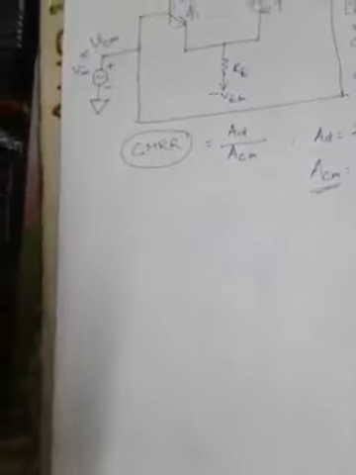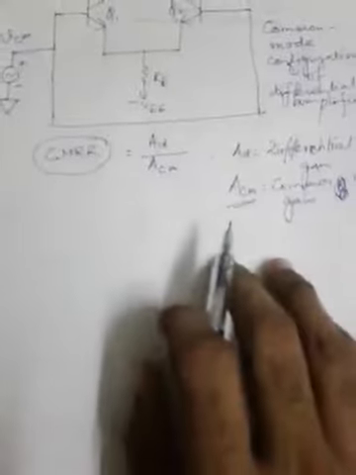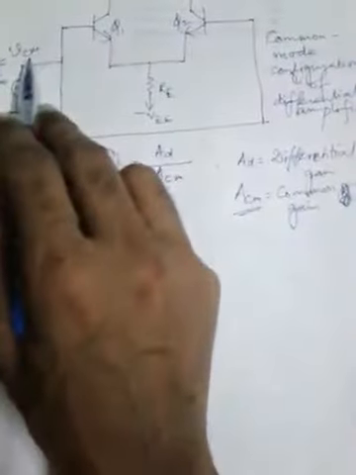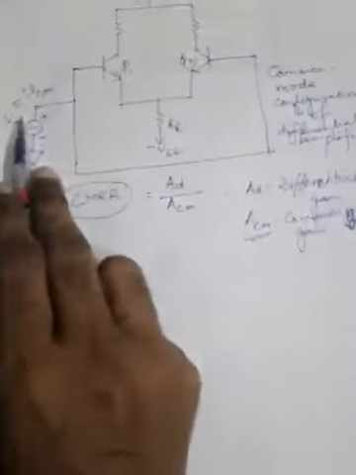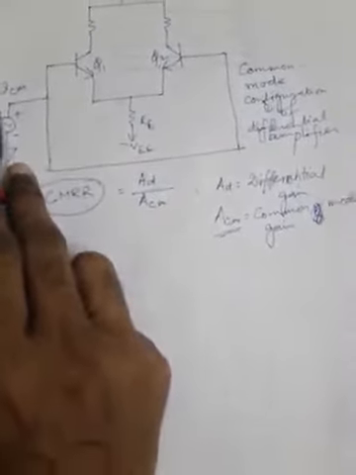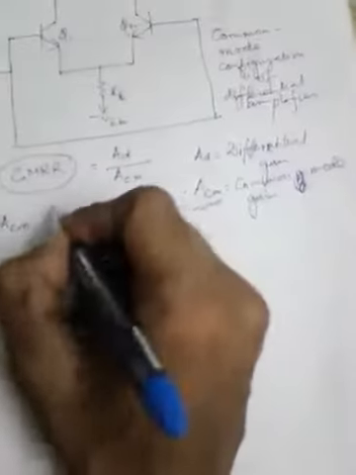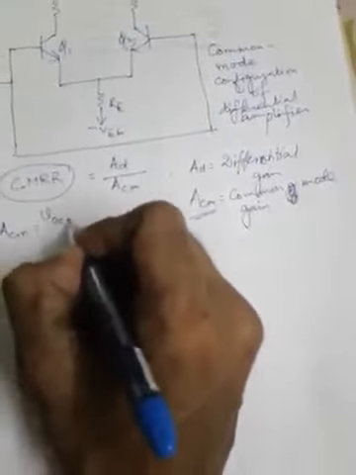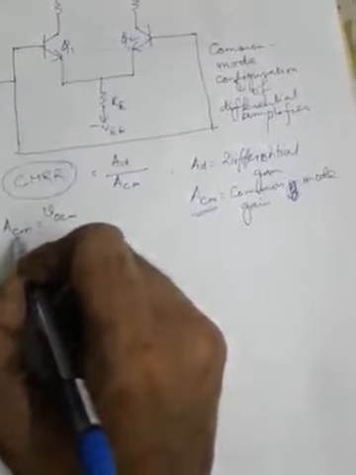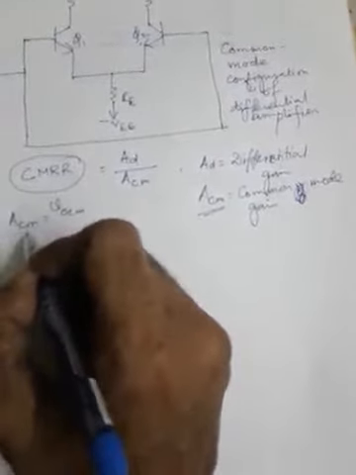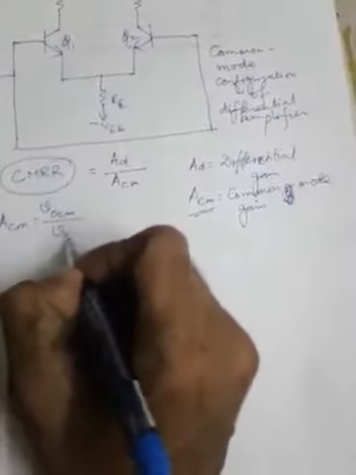Now the common mode gain ACM can be determined like this. Let us apply a known voltage of VCM to both the input terminals of the differential amplifier as shown in this figure. Let us measure the resultant output voltage VOCM with respect to this input voltage VCM. Then the gain of this amplifier denoted by ACM is given by VOCM, that means the output voltage with respect to the common mode signal, which is VCM at the input.